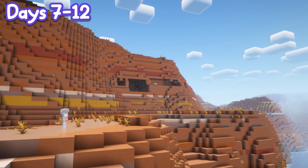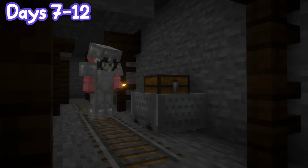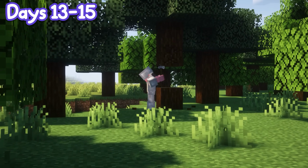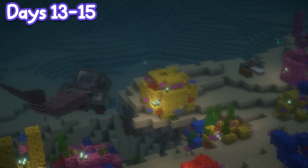By some freak stroke of luck, there was an exposed mine shaft in one of the mountains with a couple chests, and one of them had silk touch. Obviously, I snagged that immediately. I also got some white dye for the terracotta and some spruce and dark oak for some wood varieties whilst I was there. And so, as the sun dipped below the horizon, I returned to my aquatic home to get